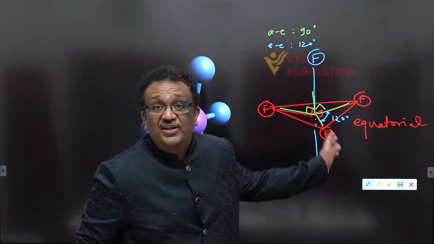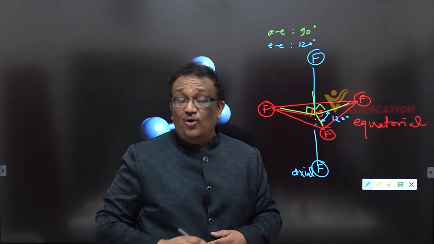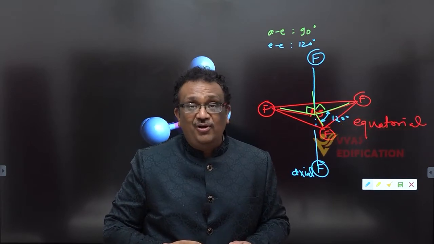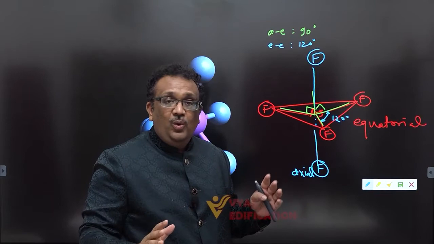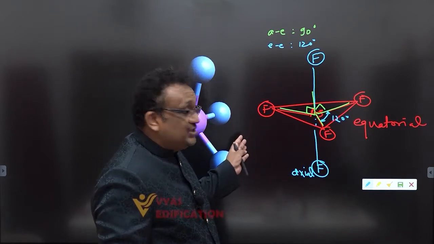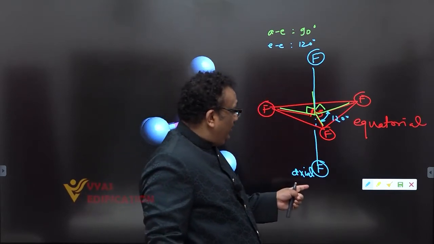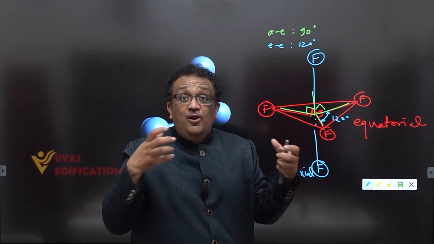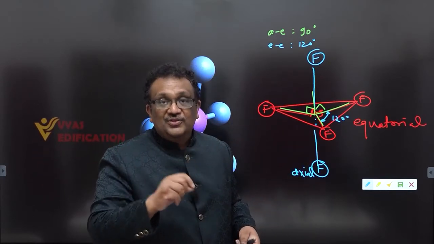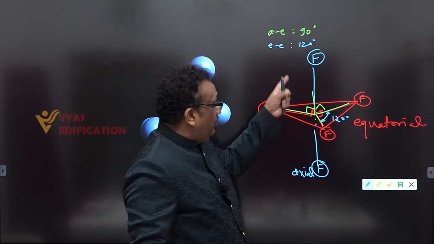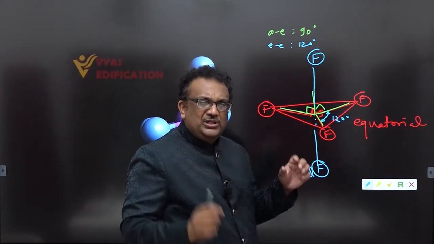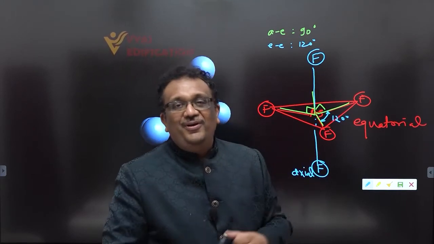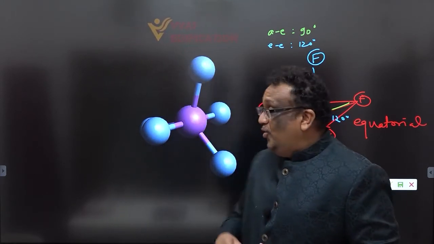So is this a very symmetric molecule? No, it is not as perfectly symmetric as tetrahedral. Why? Tetrahedral had all bond angles perfectly equal, everything identical. In this case, my dear, there are 2 different locations. Axial bonds are longer and weaker. This is additional information I am giving you. Axial bonds are longer and weaker, while equatorial bonds are slightly shorter and stronger. That is the speciality of this